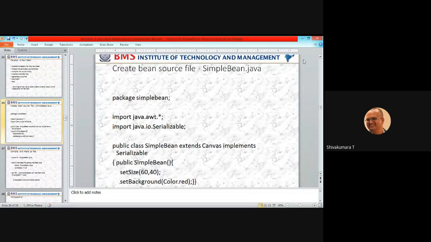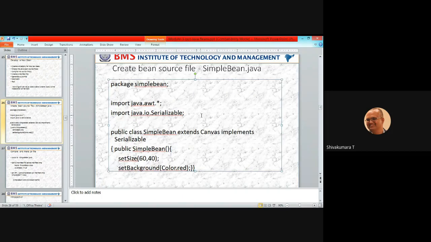Now, create the bean source file for a simple Java bean. First, before creating this, ensure from your side that you have installed or downloaded the BDK toolkit.